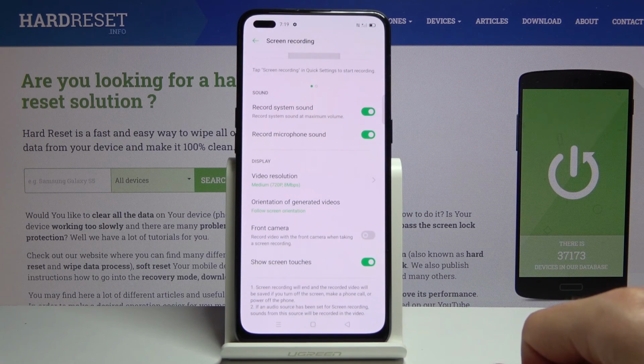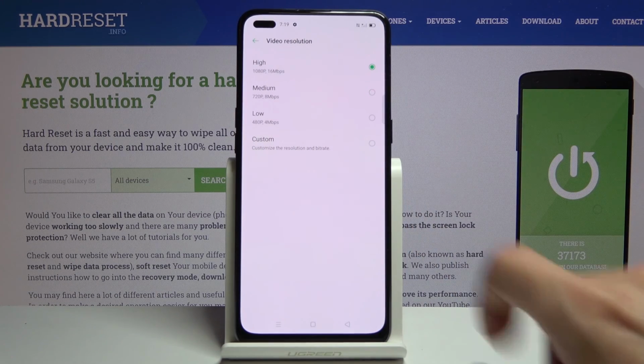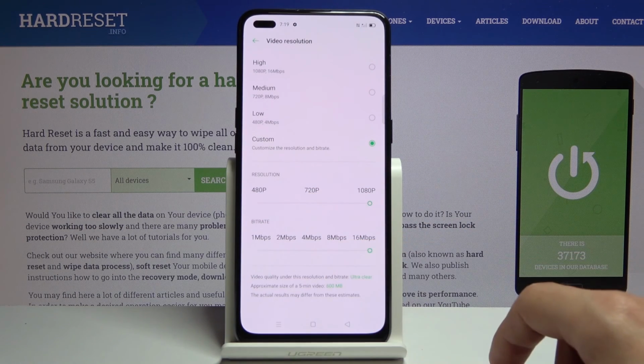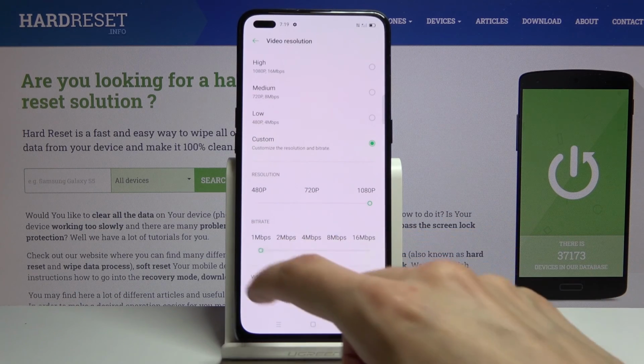So I would strongly suggest using headphones for that, or if you don't need it, just disable the microphone. Then we have display, so video resolution. I would strongly suggest going for the highest one. You can also go for custom, which will allow you to customize it a little bit further. So as you can see, you can go to 1080p and 16 megabits per second. Also, it gives you right here at the bottom the estimated size, but there is a little bit of a